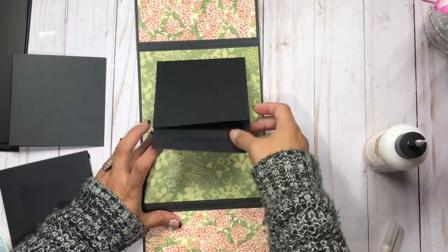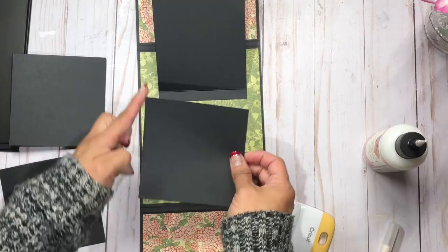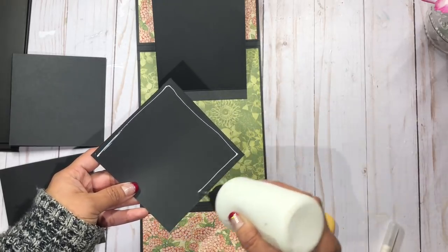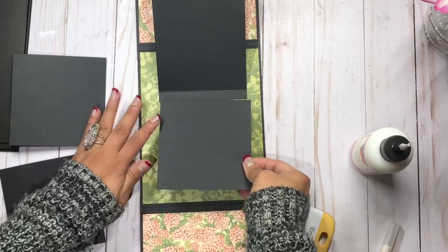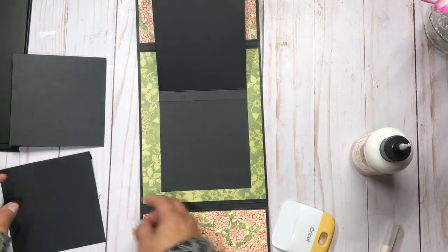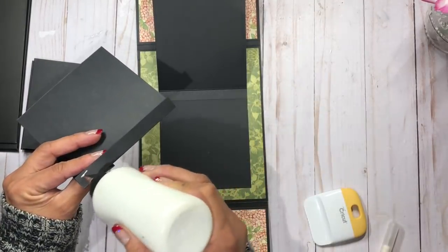So I placed 4 so far, 1, 2, 3, 4, and then I'm gonna place 1, and I actually cut out the flap on this one. This is just a piece of 4 1/4 by 4 1/4, and what I'm going to do is a combo waterfall slash booklet. So I'm going to place this piece down all the way, and then I'm going to use the other 3 pieces that we have, add glue on my flap